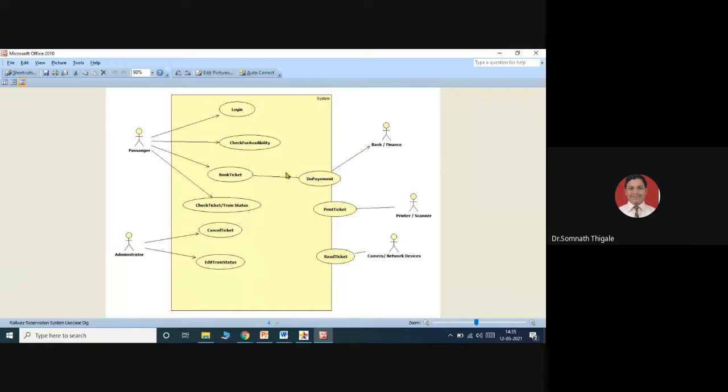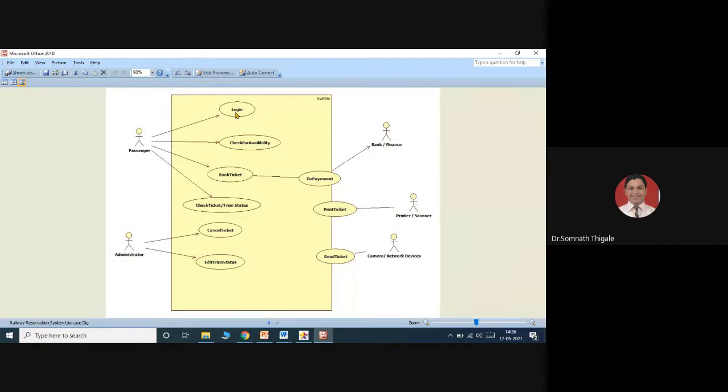So system operations I have represented over here, in a simple use case manner. This is my use case manner, and this is the relationship between actor and use cases. So it represents the simple relationship called actor and use case relationship.